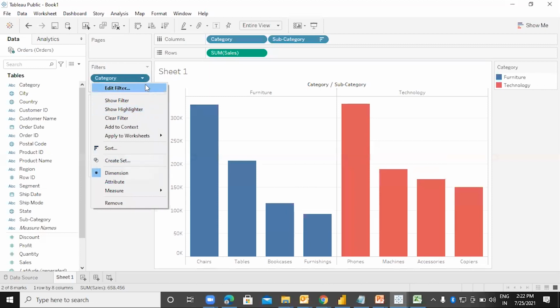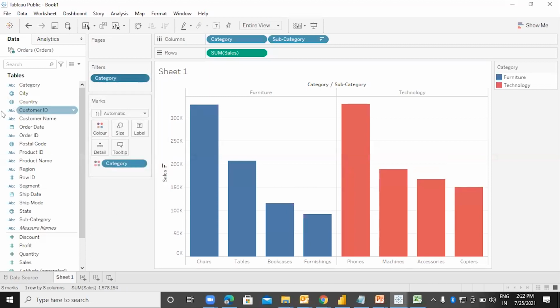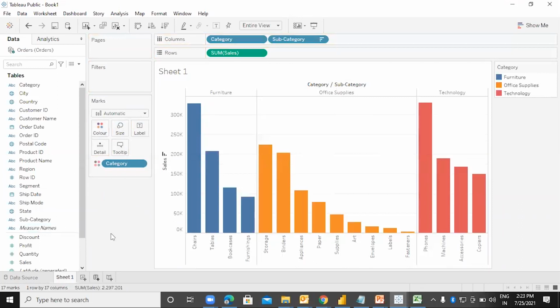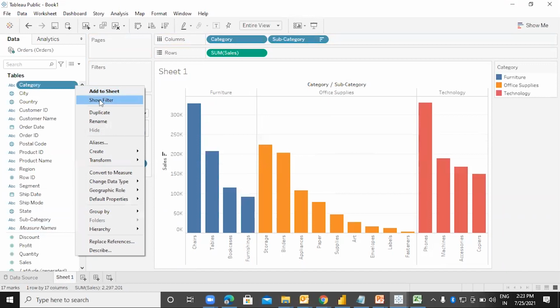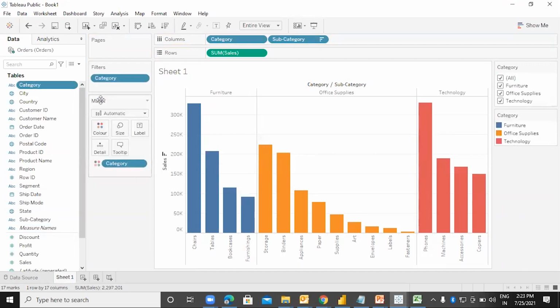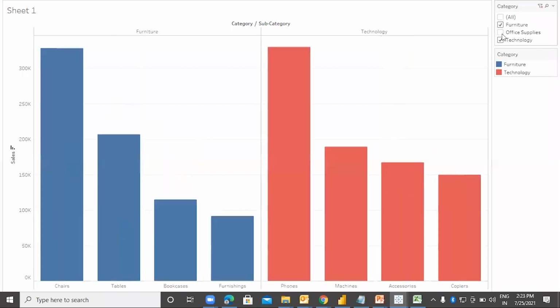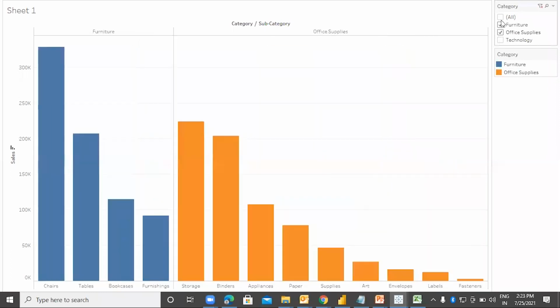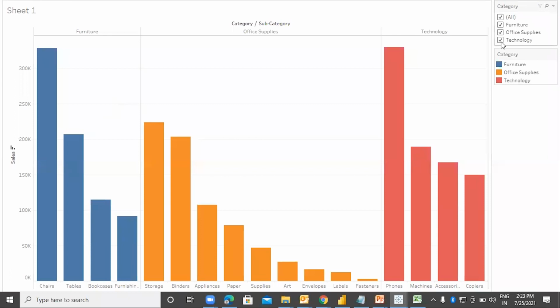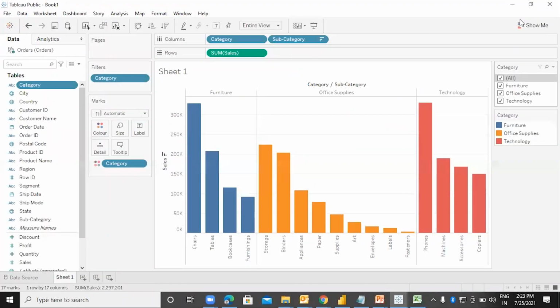I can change it. So simply, if you want to filter, drag and drop the field to the respective place and you will be able to get the filter over here. One option is this. Another option is you can get an interactive filter where you click on this drop down arrow and simply say show filter. This will become an interactive filter which will be applicable at runtime. You can select whatever you want during the runtime. So that is known as interactive filters.